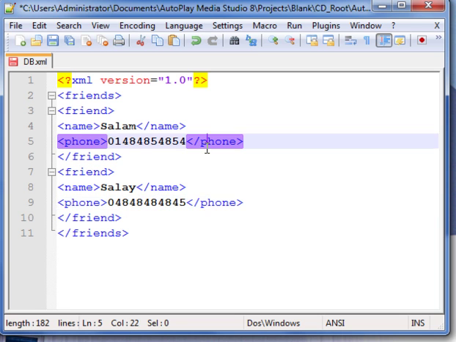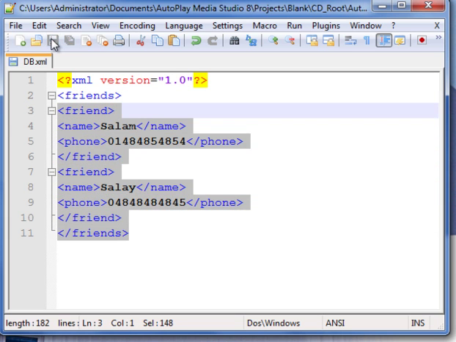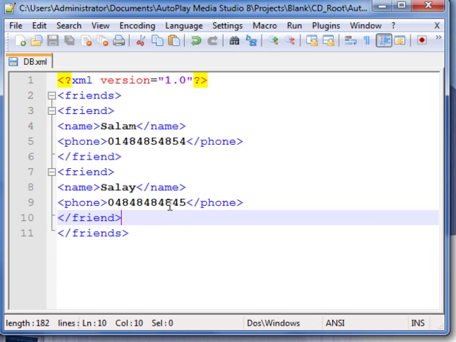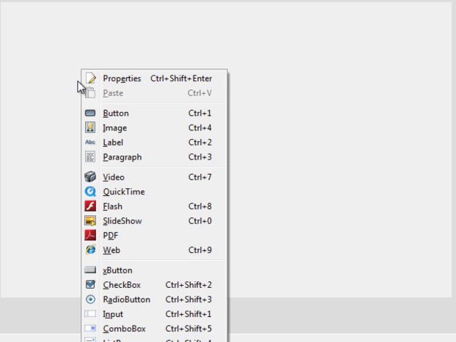So anyway, we got this XML file. Just save it, and we want to move to the next step. Close that, minimize it, and go to Autoplay Media Studio. Get this new empty one. Okay, we got a grid layout or a grid panel, so we got an empty workspace. Just go to properties,